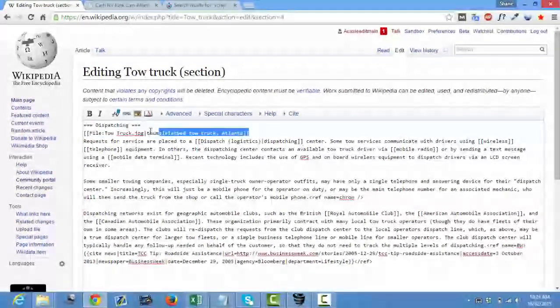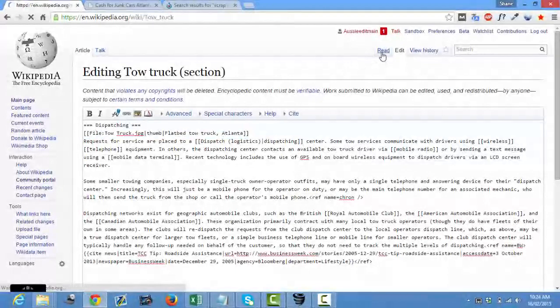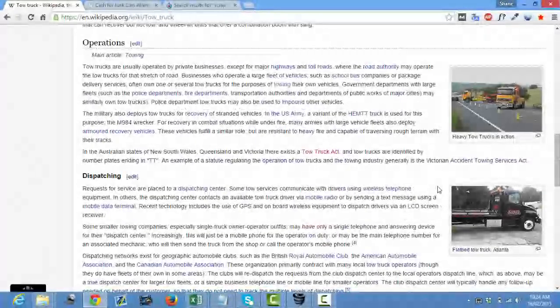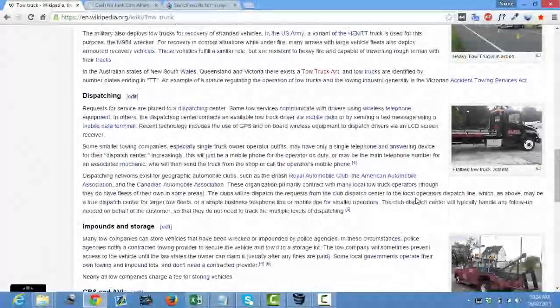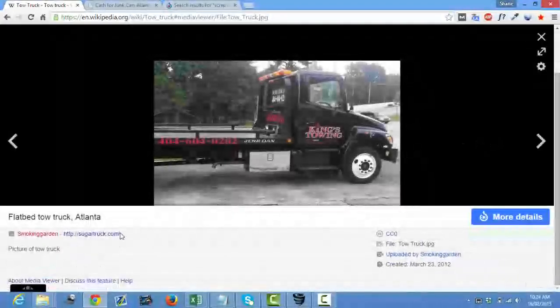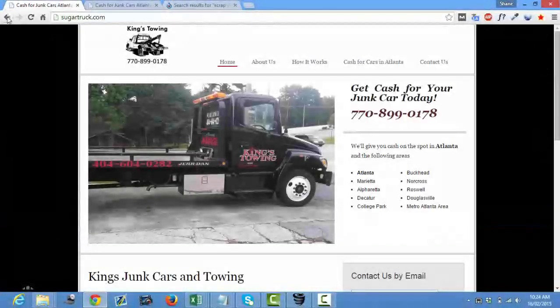So there's absolutely next to zero chance of that link being moderated, because to a moderator that looks like a legitimate edit from a Wikipedia member. That's not spam, and it's adding to the user experience. And I'll show you the way that I did it, just to show you that link again. So the link is actually here, and it goes direct to the money site.